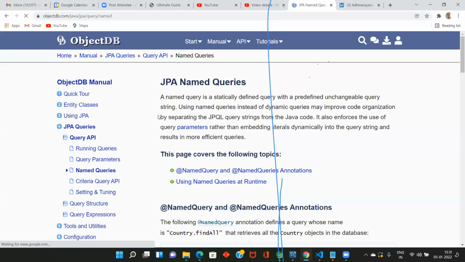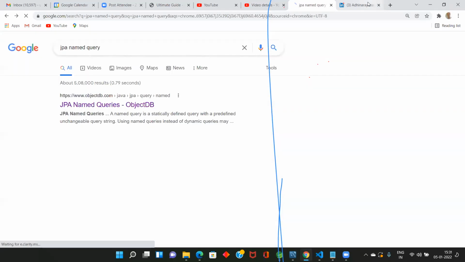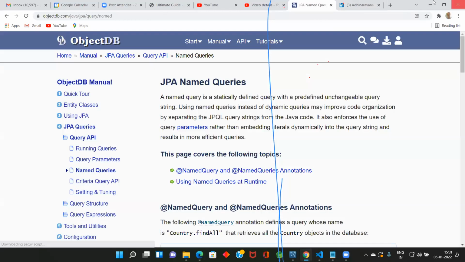Can you all read this one? A named query is a statically defined query with a predefined unchangeable query string.